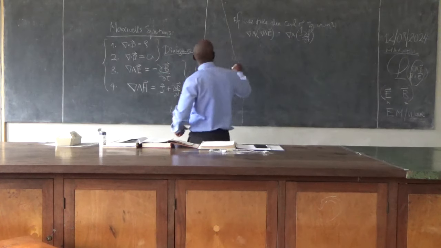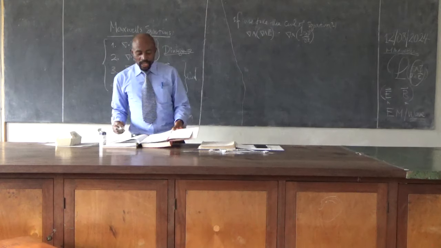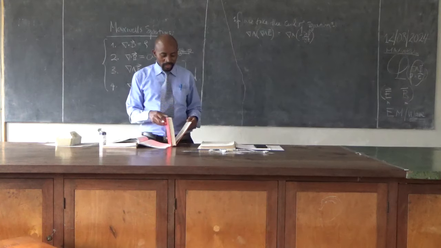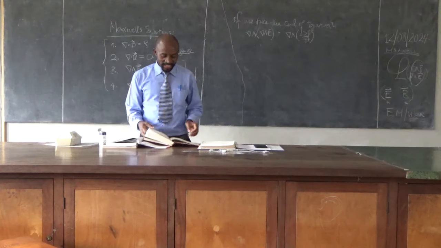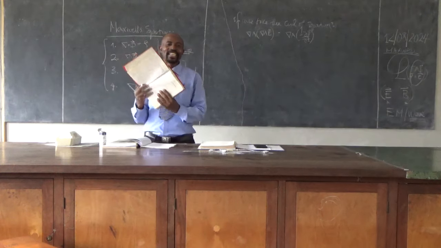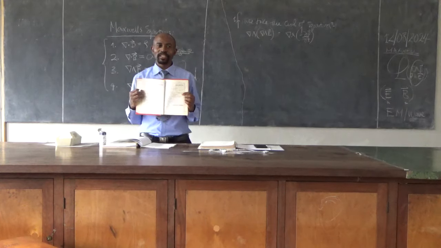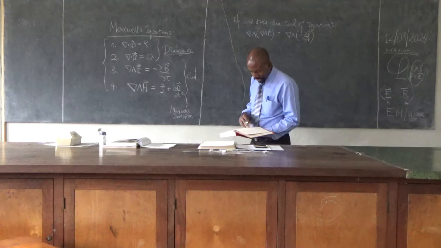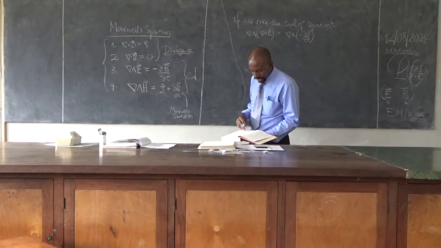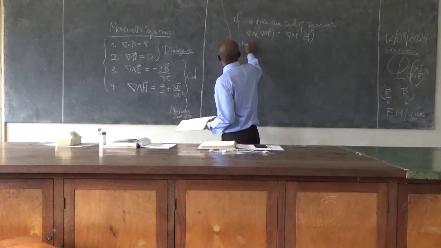What is the curl of the vector A? During this course, I will not bother you. I will make sure that I give you the answers in the exam. These answers are these identities, so I don't expect you to cram. One of the pages will have these identities, and the identity that we have here is that when we get the curl of the curl of a vector, using the identity,